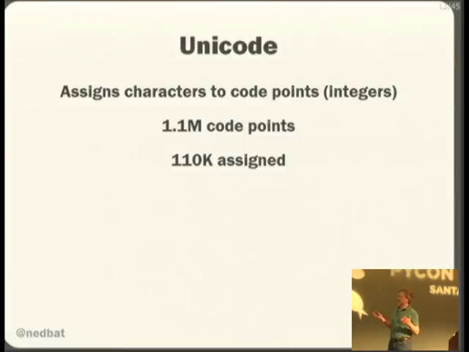Unicode fundamentally is a giant catalog of characters assigned to integers. And the structure of the code means that there are 1.1 million possible characters. And as of now, only 10% of them have actually been assigned. So there are 110,000 characters in Unicode. We've used up 10% of the space. We've already covered all of the really big languages in the world, so it looks like we're not going to run out of space. So this might be the last character code we need, which is good news.